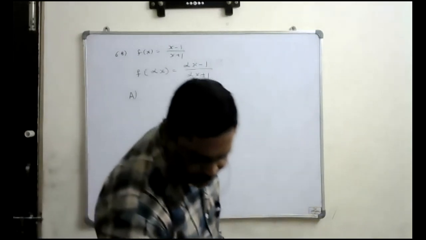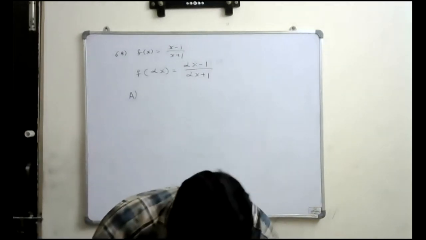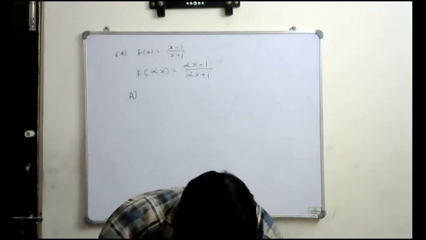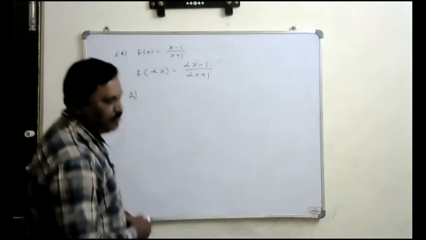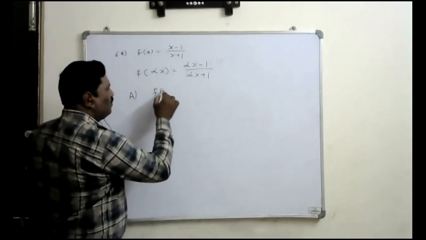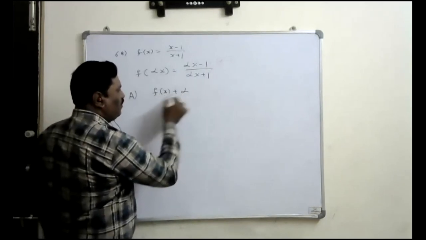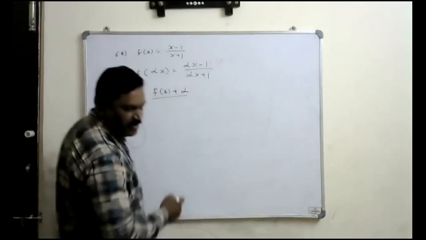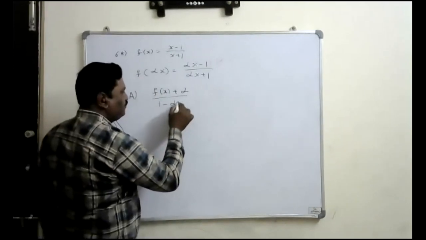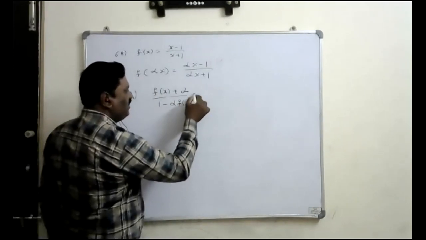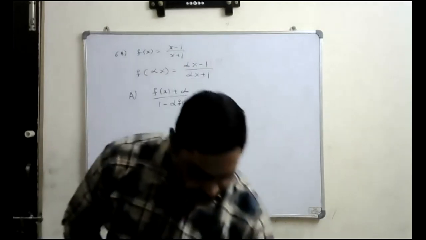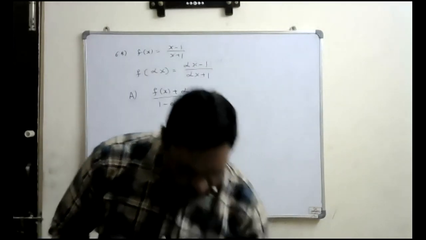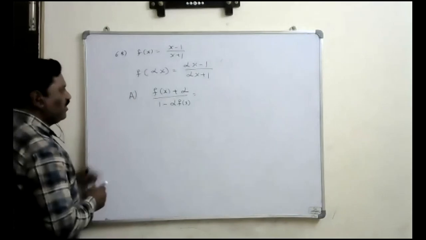So let's see what the first option is. f of x plus alpha, upon 1 minus f of alpha into f of x. So we will check whether it is correct or not. Just look at this. So f of x